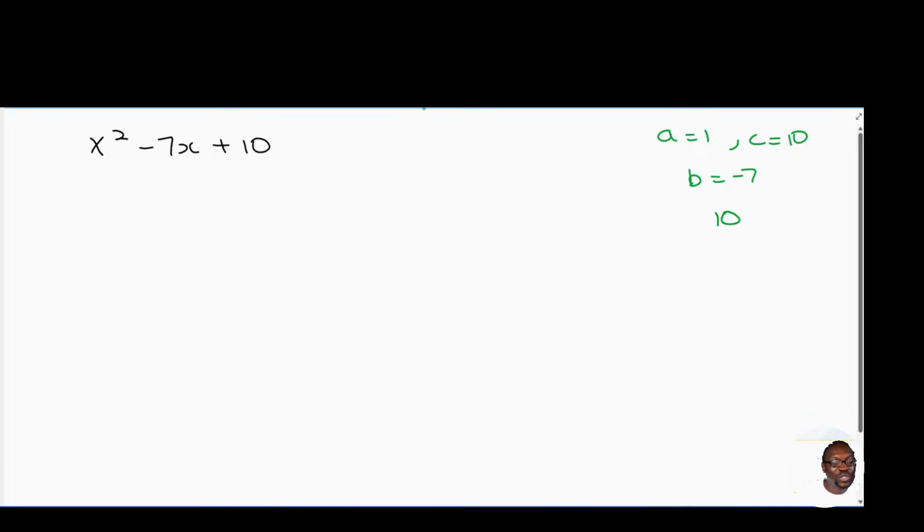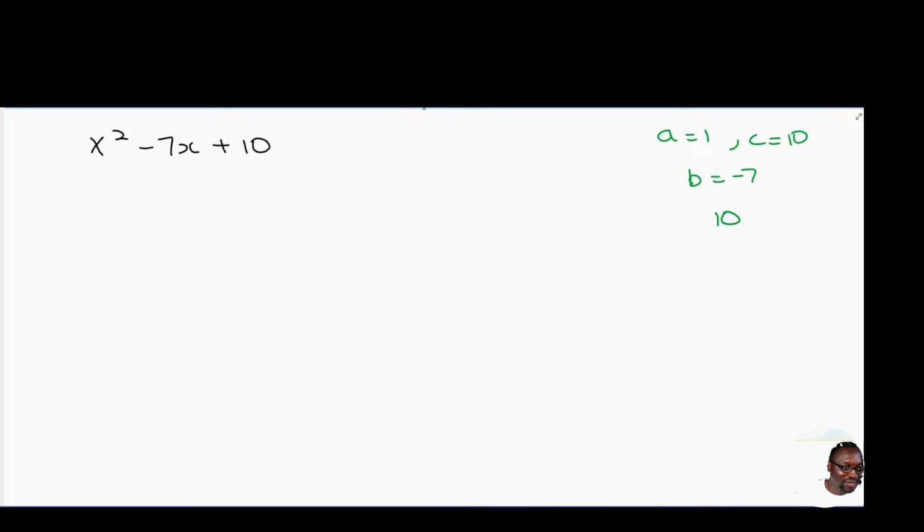What if the problem we had here was x squared minus 7x plus 10? So we're going to do exactly the same thing we did earlier. So our a is equal to 1, and then our c is equal to 10. Now our b is equal to negative 7. So what we're going to do here is find the product AC, which is equal to 10, and we need to find two factors of 10